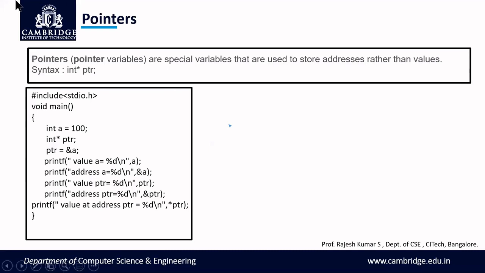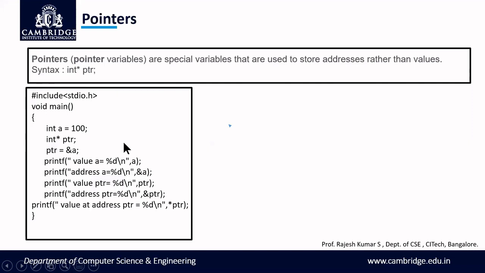Now how do we declare a pointer? We write int, then a star, then a space and ptr. The star specifies it is an integer pointer, so this tells us ptr is a pointer of the type integer. We'll see this in more detail in module 5. For now, just understand how to declare a pointer. A pointer is declared by the data type, star, space, the pointer name. This is one way of declaring a pointer.